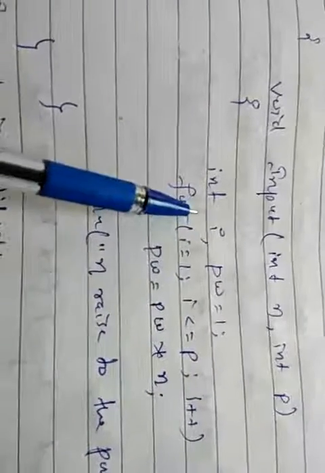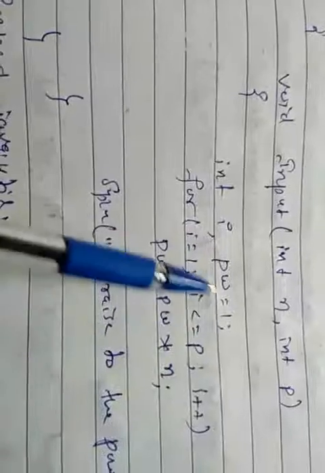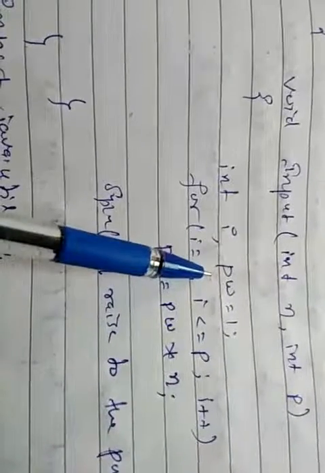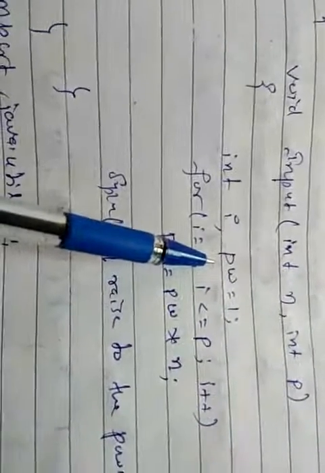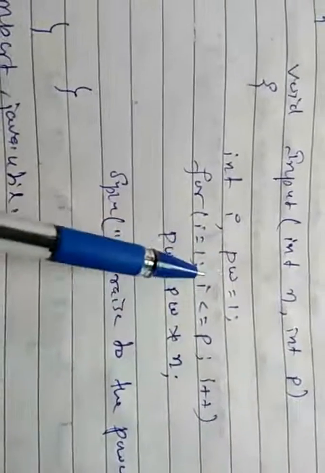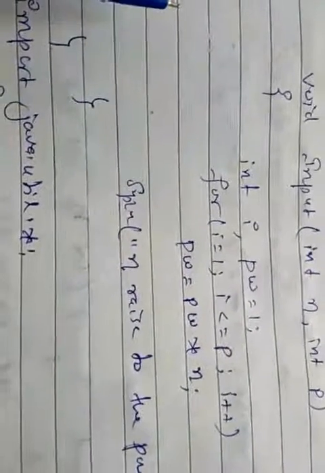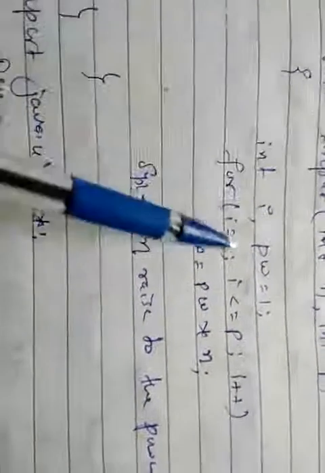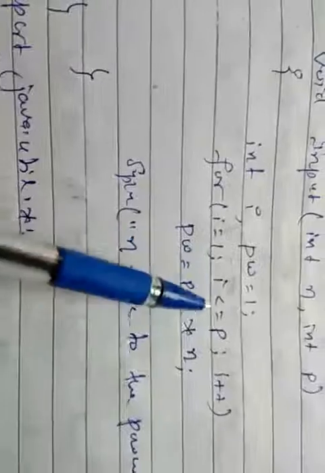Without using Math.pow, here we are taking one variable i and pw equal to 1. pw is for calculating the power, and the initial value of this we will take 1 because the number will be multiplied with this, so we can't take this variable as 0. So for i equal 1, i is less than or equal to p, till p times we want to multiply the value